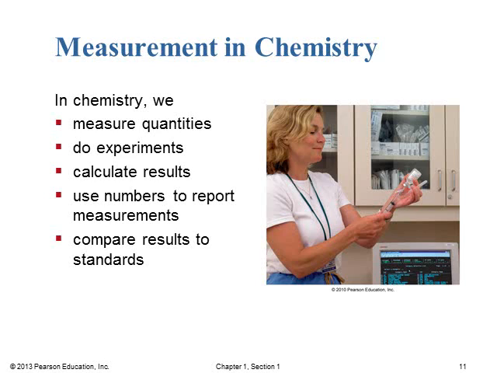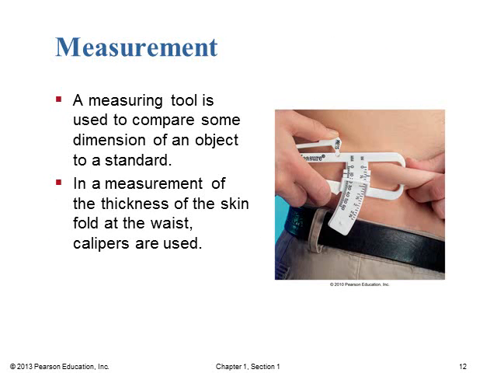Chemistry is much in the same way in that we use lots of numbers and lots of measurements in chemistry. We use a lot of math, and so we must be prepared to use math and be able to understand how and what these numbers mean. And so that's what we'll be talking about in this first chapter and first section.